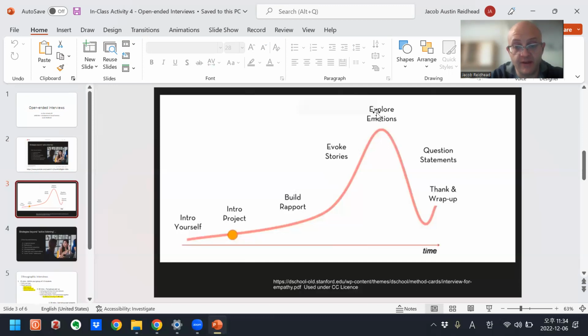And as they're telling that, I'll also explore emotions. How did you feel? Did you feel it was worthwhile, or kind of boring? How did you feel about the group work? What was your experience with that? Was it enjoyable? Was it frustrating? And kind of get them to talk about that. And once they've shared three or four images or stories of studying and preparing, and then talked about how they feel about it, then I can ask the questions.